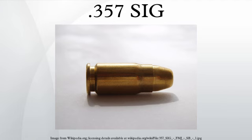Like the 10mm auto, the .357 SIG can be downloaded to reduce recoil to the point where recoil is similar to that of a 9mm Parabellum. However, since the .357 SIG uses bullets that are generally the same as those used in the 9mm Para, downloading it to this point would defeat the purpose of fielding the SIG cartridge, as the .357 SIG casing was designed to handle up to 160 grain bullets, whereas the less powerful 9mm maxes out at 147 grain bullet weight in